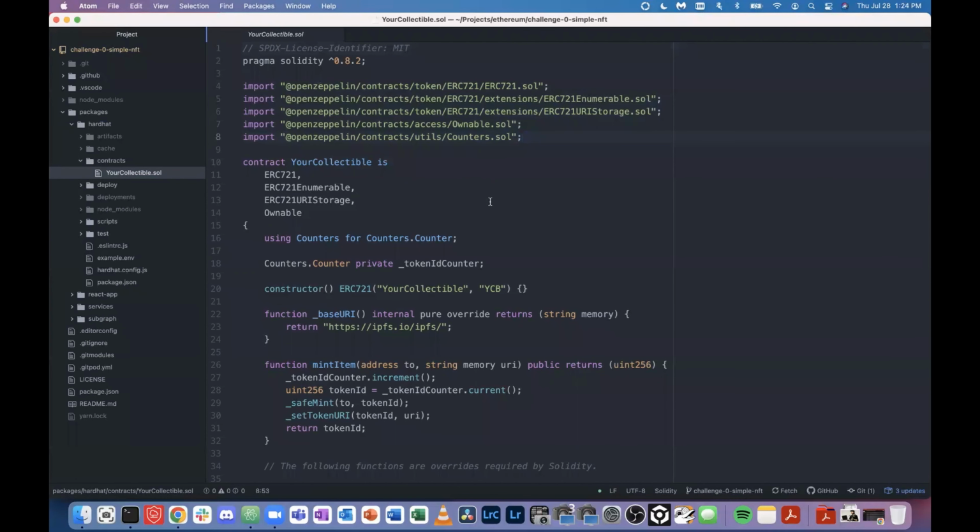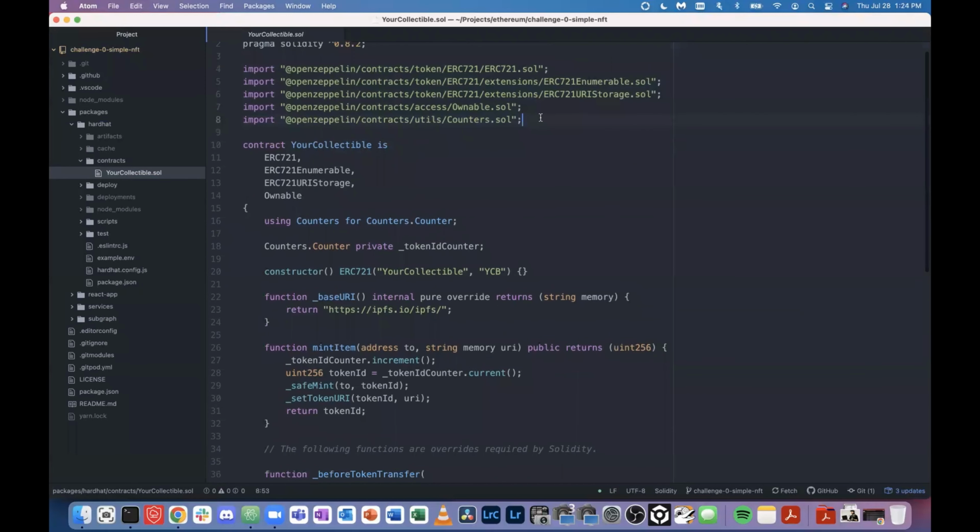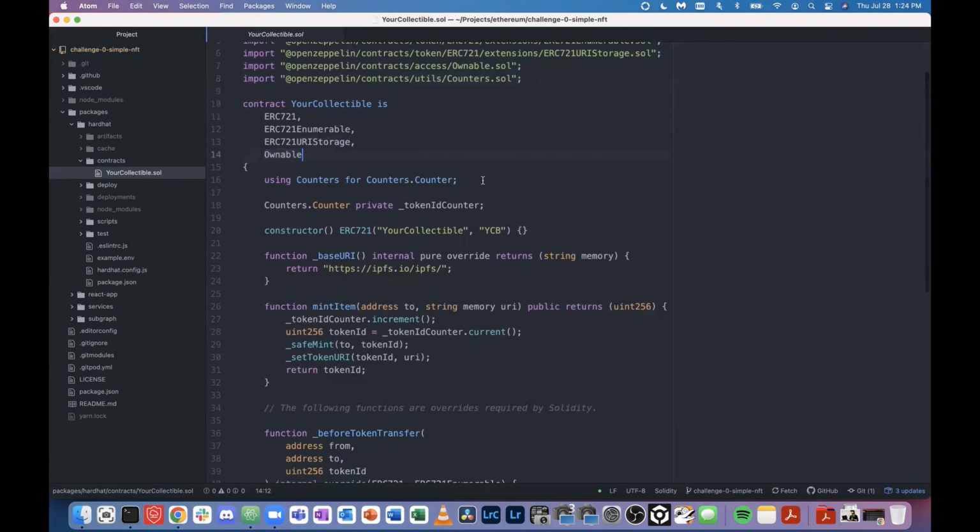You don't have to understand all this code, but what you have to understand is that we have imported these existing contracts that are the standard, and it's already written for us, so we don't have to worry about anything. It's got all of the inheritance already completed here. So we're inheriting ERC721Enumerable, ERC721URIStorage, which is for storing the URI, and Ownable, which is an access control functionality. We're also using what's called Counters, which is a way to count automatically and keep track of a particular series. With NFTs, you usually have an index, which is a counter of how many